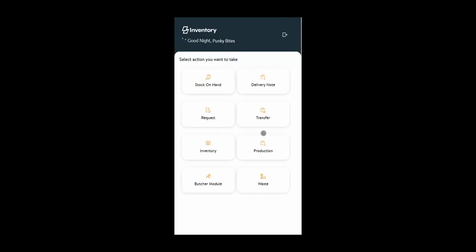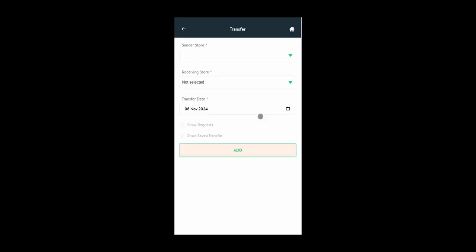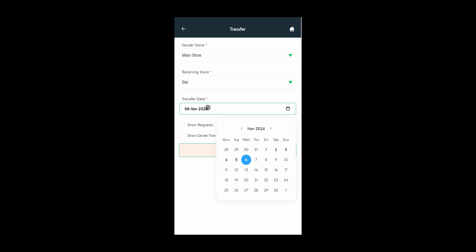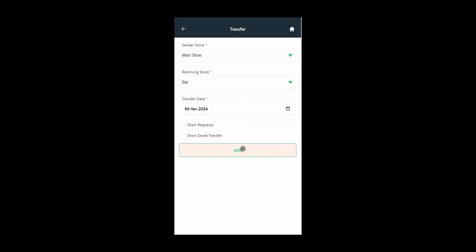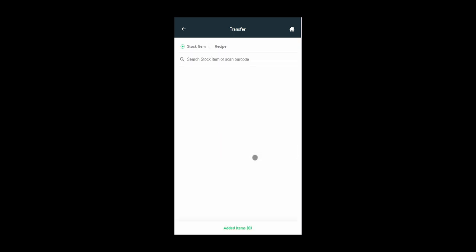Now let's enter our transfer manually. Again, click on the Transfers button on the main screen. After selecting the sender store and the receiver store, we select the date on which our transfer will be made. And from the bottom, as soon as we press the Add button, we have accessed our page where we can